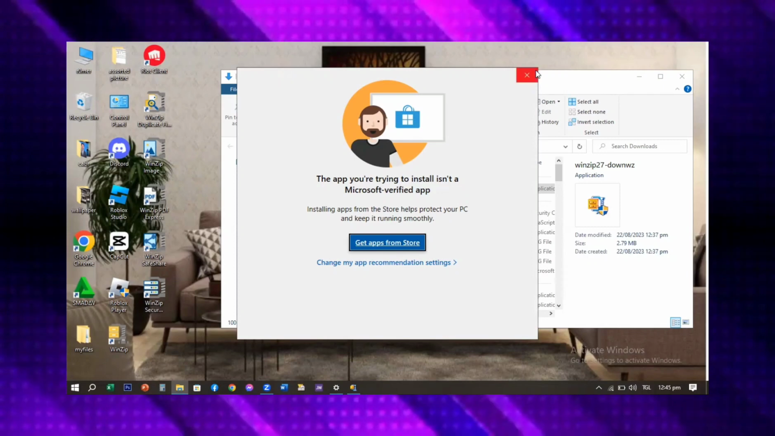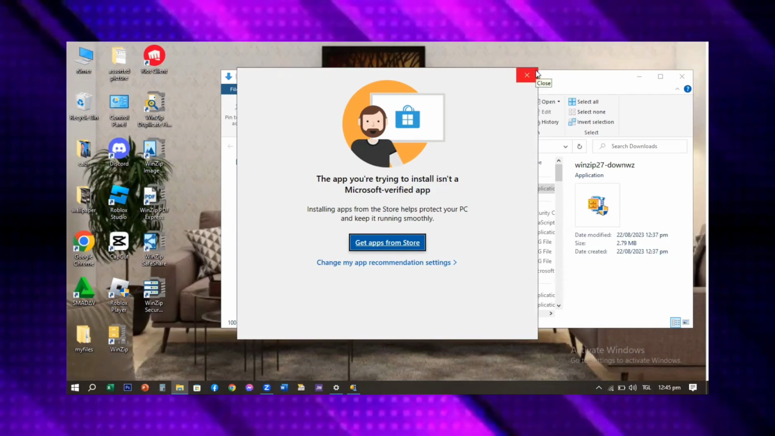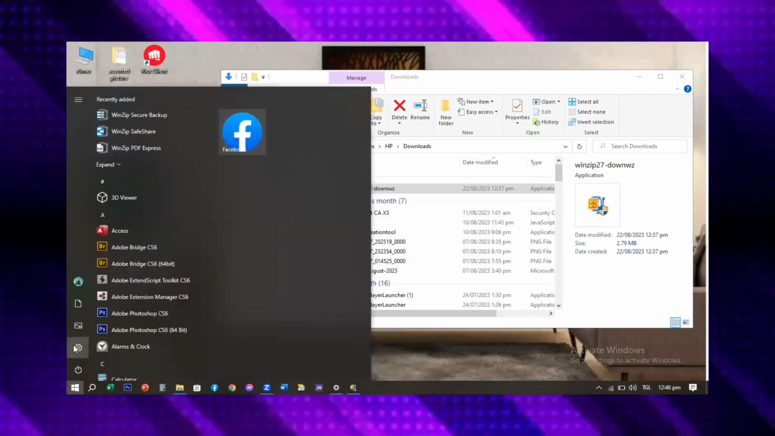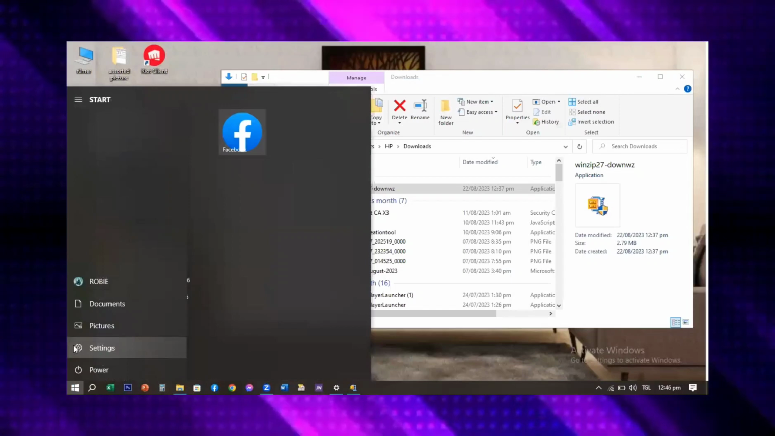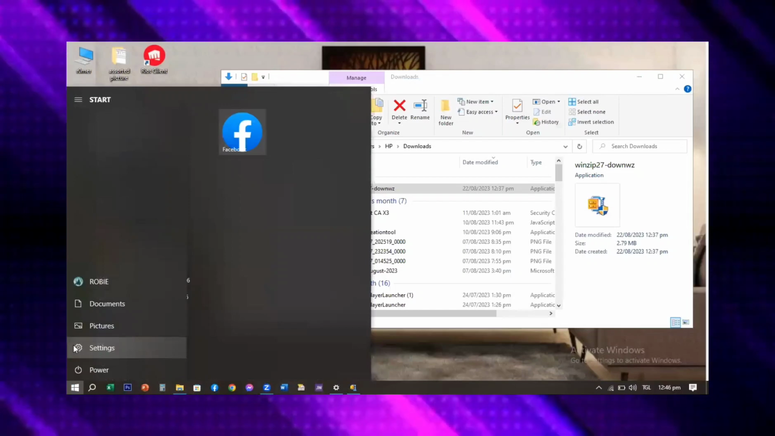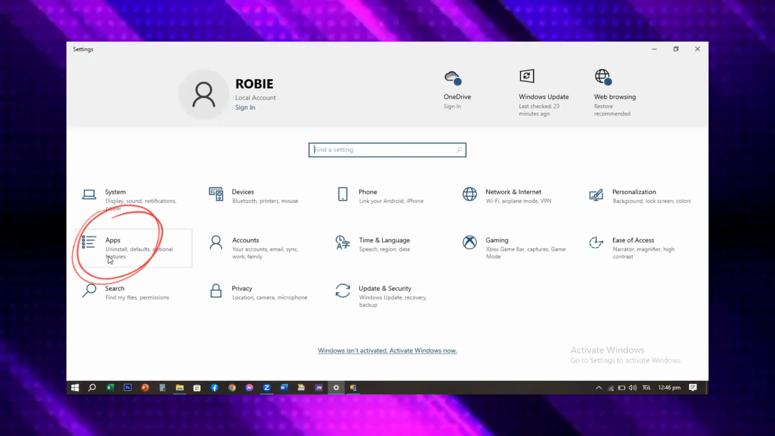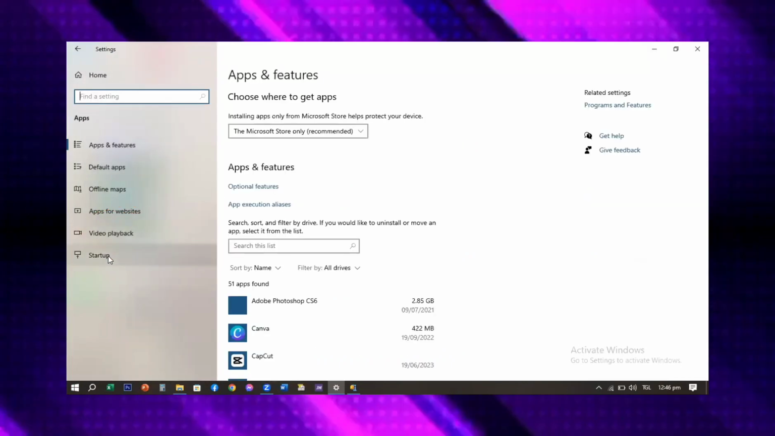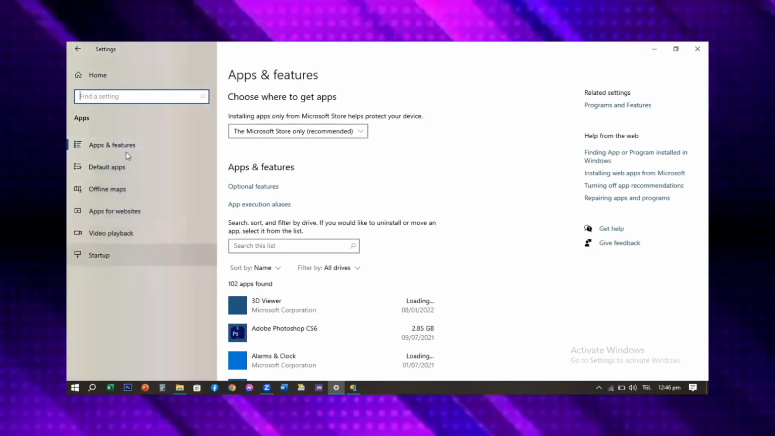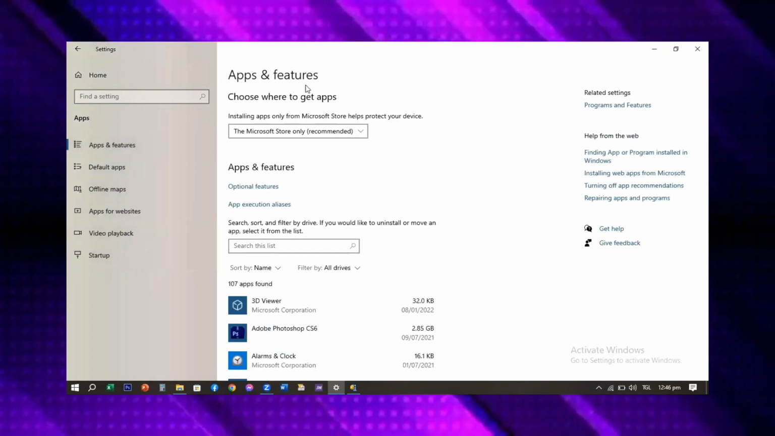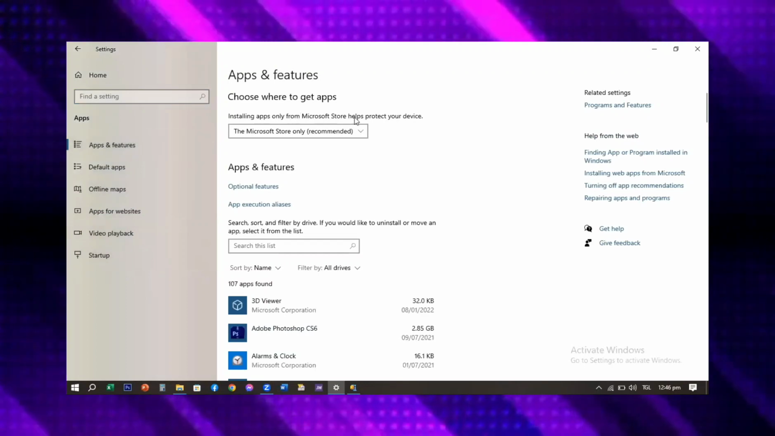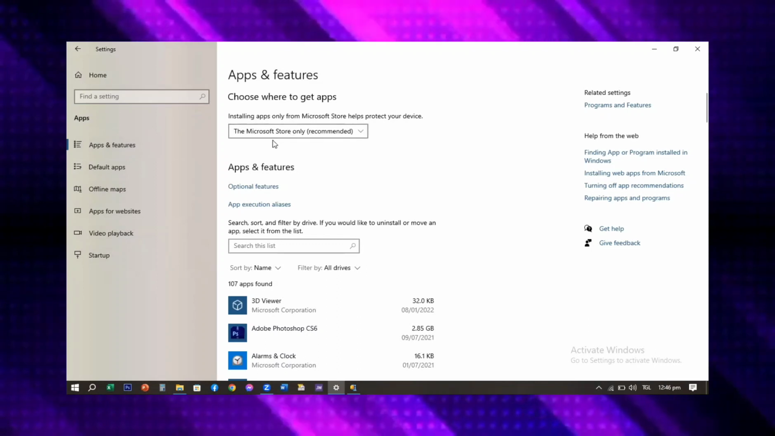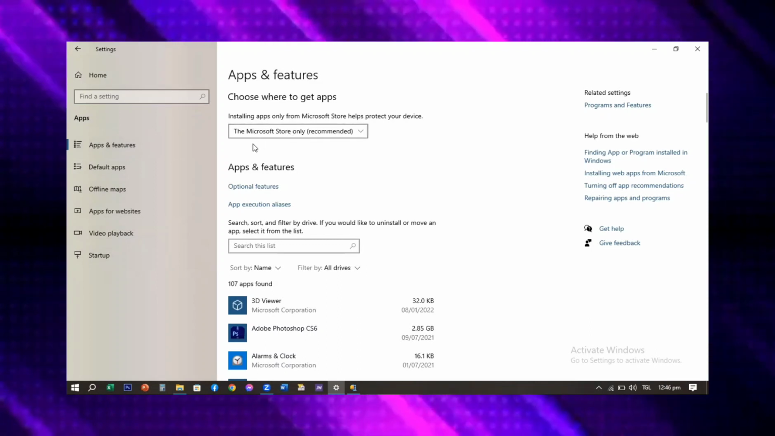Now to fix this one, all we have to do is go to your Windows and then open up your settings. And once you're here, just click on apps and then go to apps and features. So as you can see here, we need to change the choose where to get apps option, because right now the